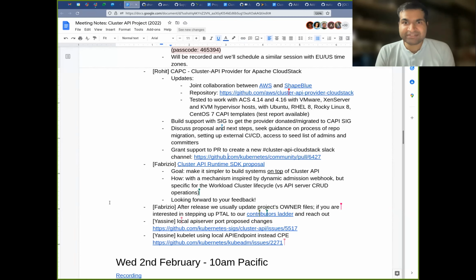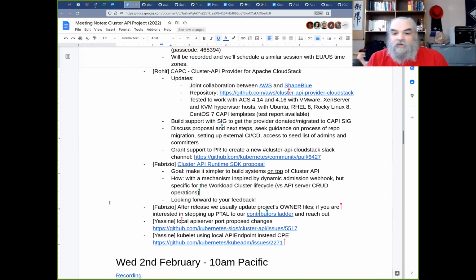Right now, we have tested this against a couple of templates of different Linux distros, including Ubuntu 20.04, RHEL 8, Rocky Linux 8, CentOS 7. For a couple of distros, we actually added support in the image builder project. So me and my colleagues were the ones who added support for RHEL 8 and Rocky 8 for the QEMU builder. So we've already gone through that. Some of us have already signed the CLA as well. And we have tested this against the three main hypervisors that CloudStack supports and many CloudStack users use, namely VMware, XenServer/XCP-ng, and KVM.